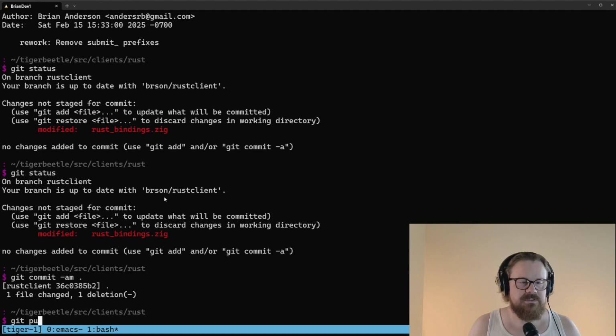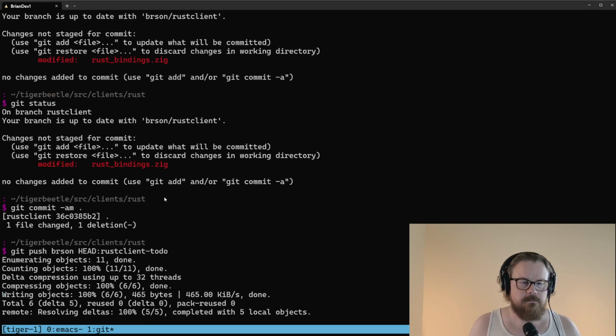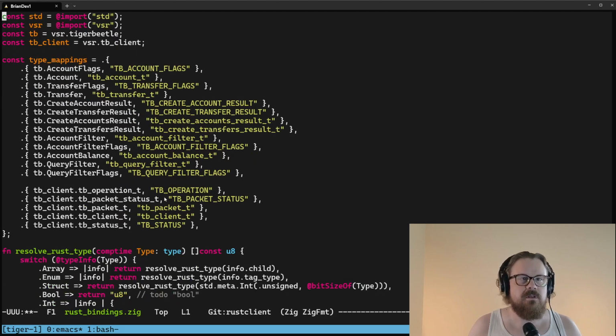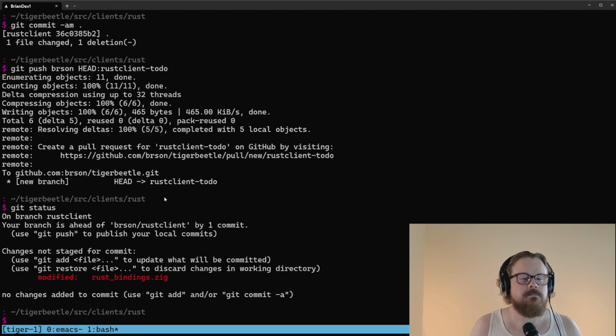So I'm just going to push this whole branch to rust-client-todo. And then I'm going to remove all of that and commit this as